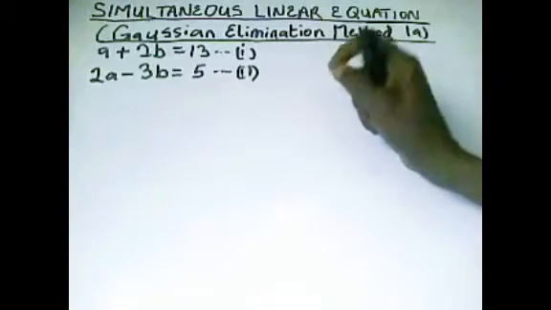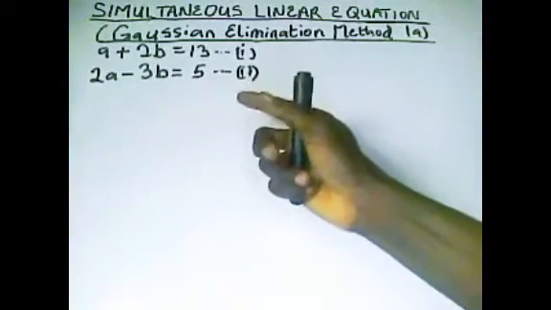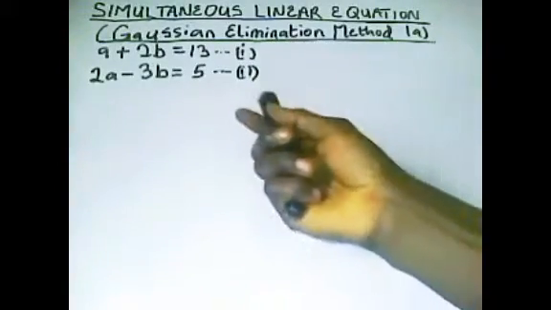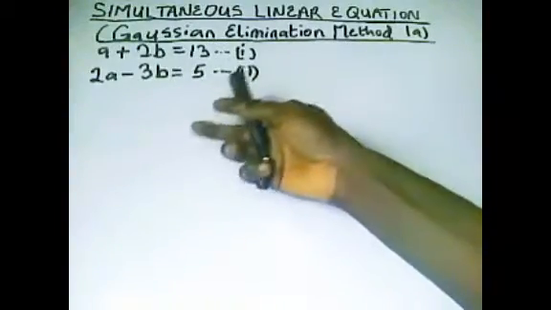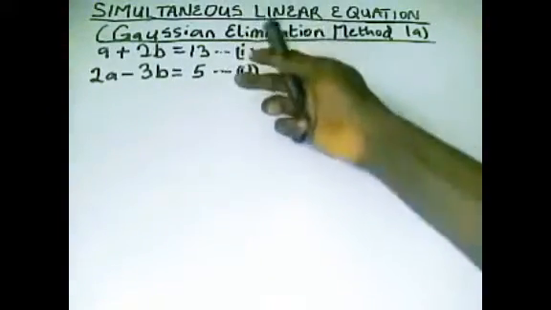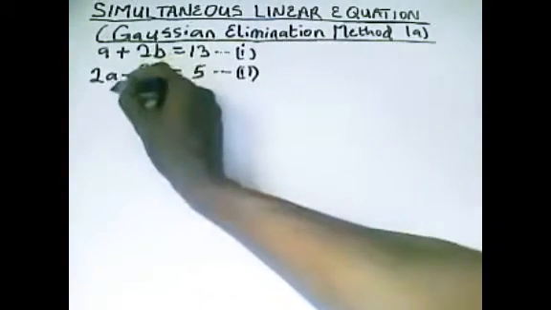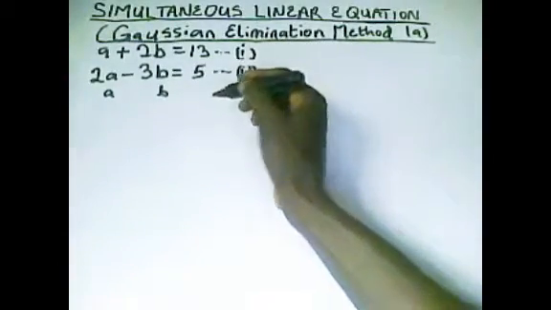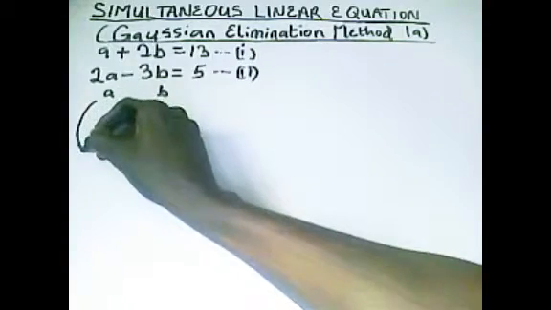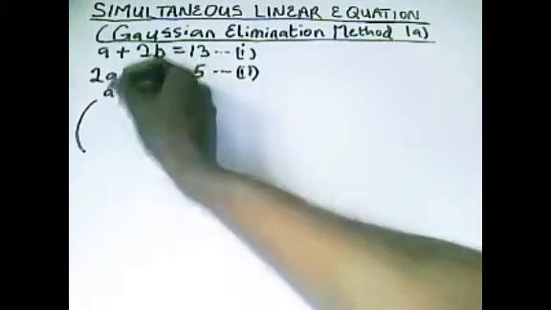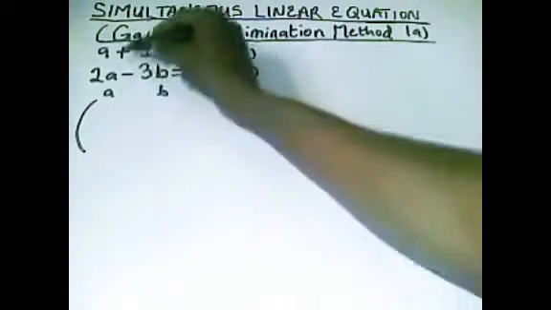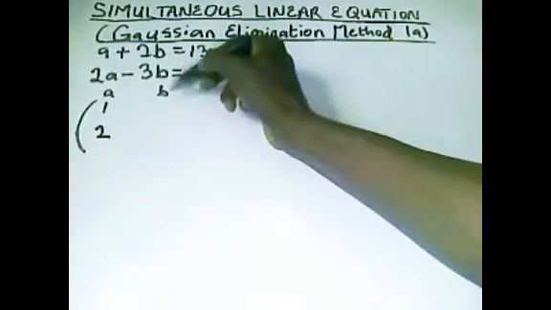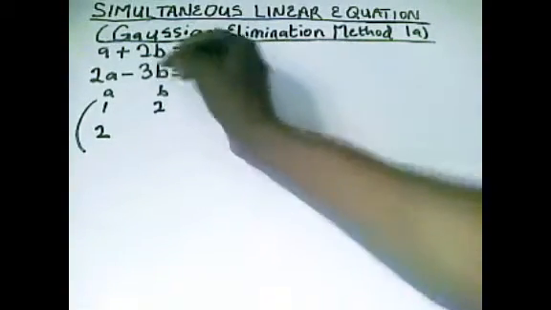The very first step we do is to write out the augmented matrix. Don't be scared by the name. What that simply means is to write out the coefficient matrix as well as the result values together as one. So for the first step I'll write out A and B here, and then I will draw my bracket here. Then what is the coefficient of A in both equations? We have 1 and 2. Write it out as 1 and 2. Then the coefficients for B, we have 2, and then we have